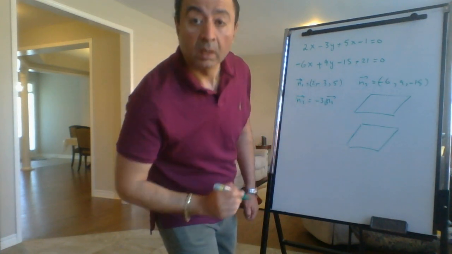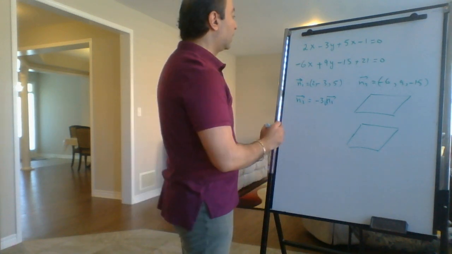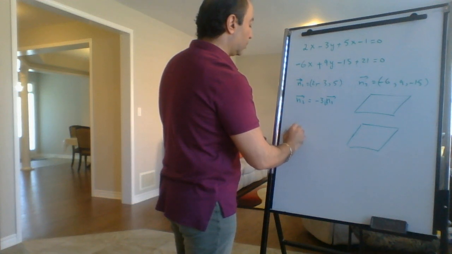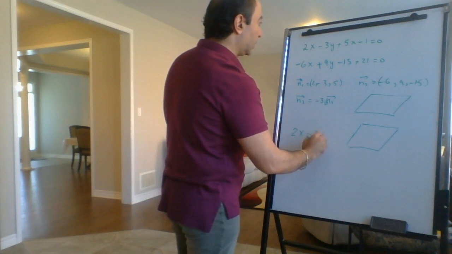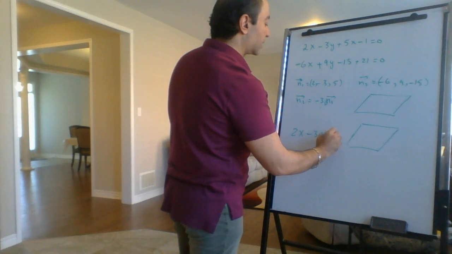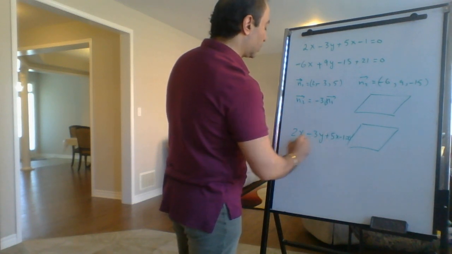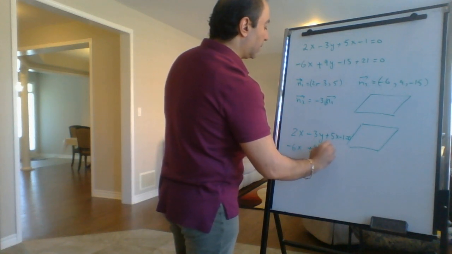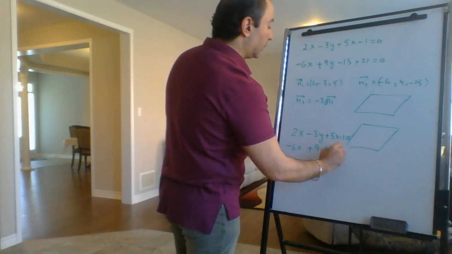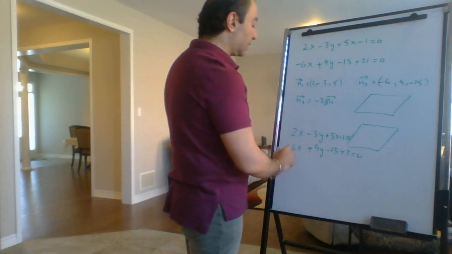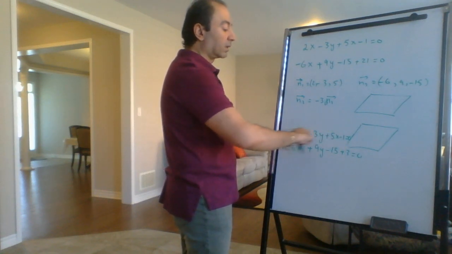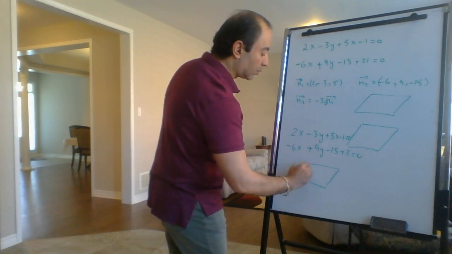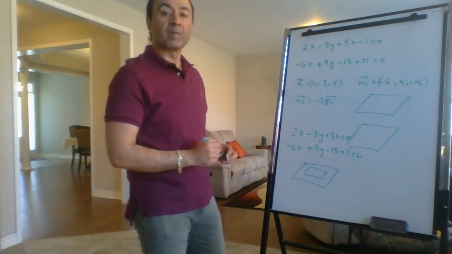Okay? What if I say the same thing, but 2x minus 3y plus 5z minus 1 equals 0, and the other one is negative 6x plus 9y minus 15z plus 3 equals 0. In this case, the whole equation is multiplied by negative 3, so in this case, those two planes are coincident, the same plane. Okay,